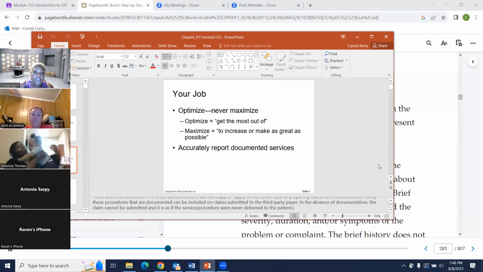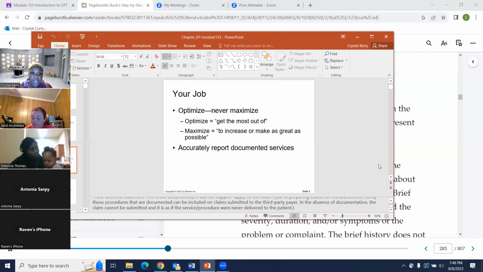Yes, you should never change a code without referring to that physician. So it's okay for you to change it as long as the provider knows. No, or as long as the provider is saying, yes, that's the services I rendered. And then he would have to put an addendum and document that in the patient's medical record before you send it off to the insurance company.